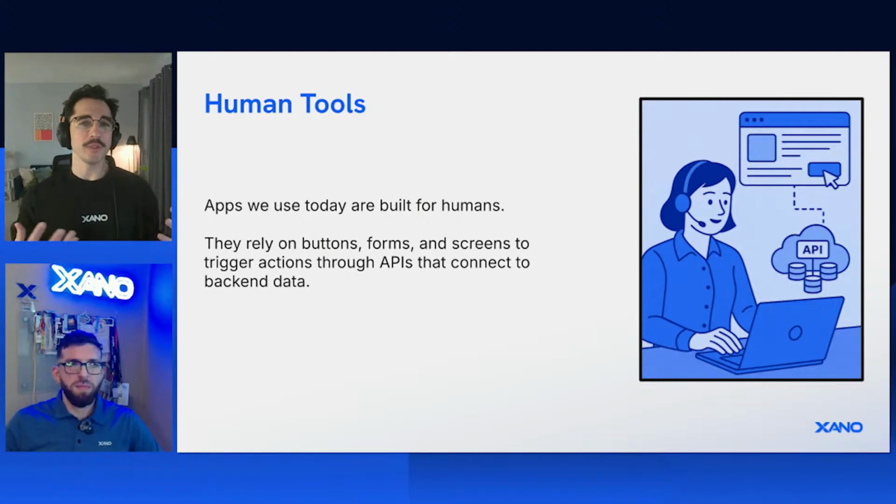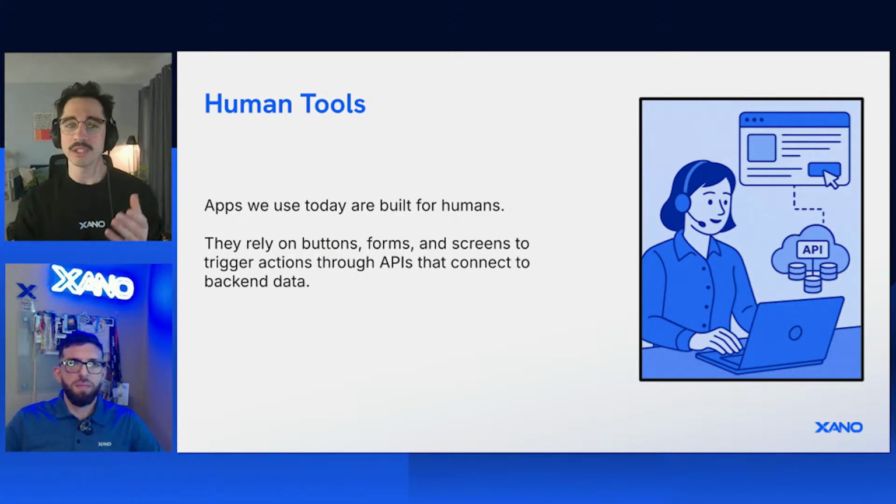And that leads us to the human tooling aspect. Now, every website and every application we've used so far has relied on buttons, forms, and a bunch of screens to trigger actions with APIs that take data from the backend and then put it on the front end. So it's a lot of you or your users clicking deliberately, trying to accomplish particular objectives. And that's human tooling. Now, we're going to take that and abstract it. So now no longer will you need to necessarily click on all these buttons, submit these forms. You'll be able to use natural language with your MCP or agent and actually accomplish all of the same things,